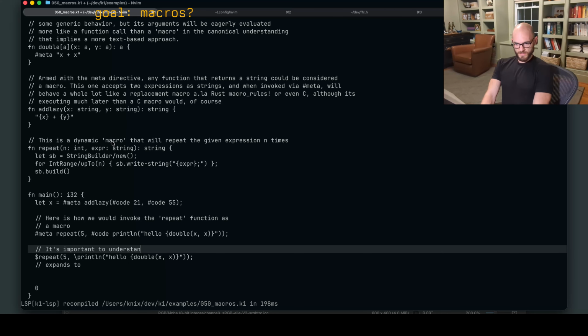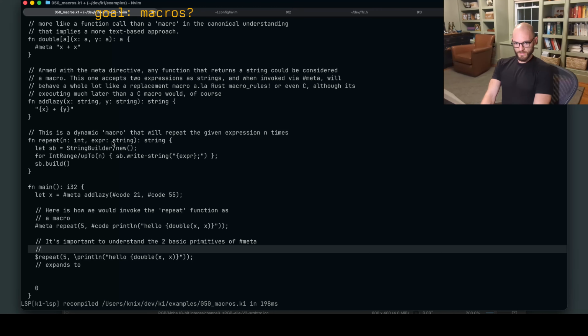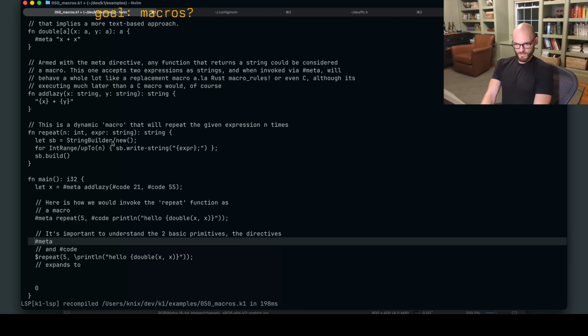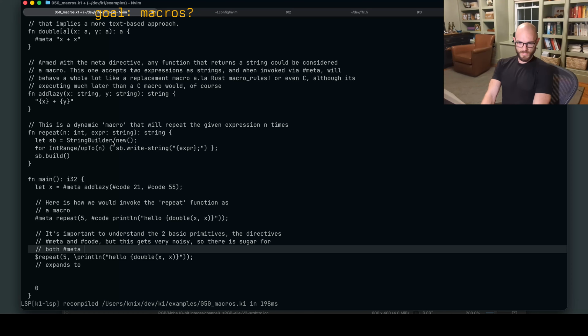It's important to understand the two basic primitives, the directives meta and code, but this gets very noisy, so there is sugar for both meta and code. The below is equivalent.